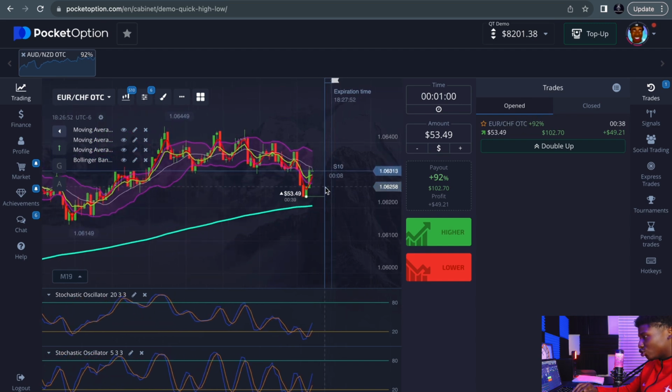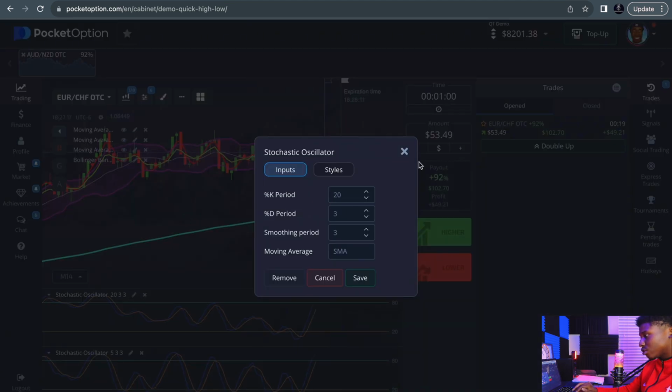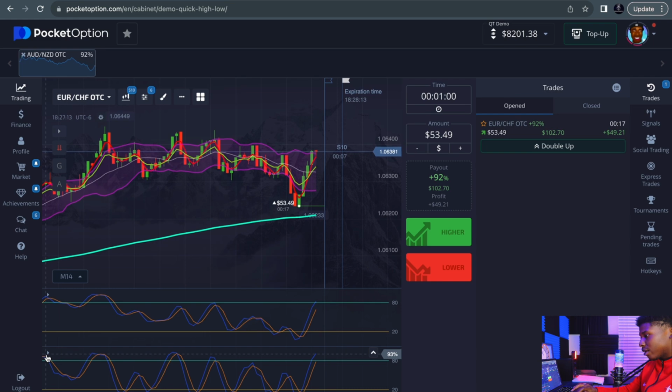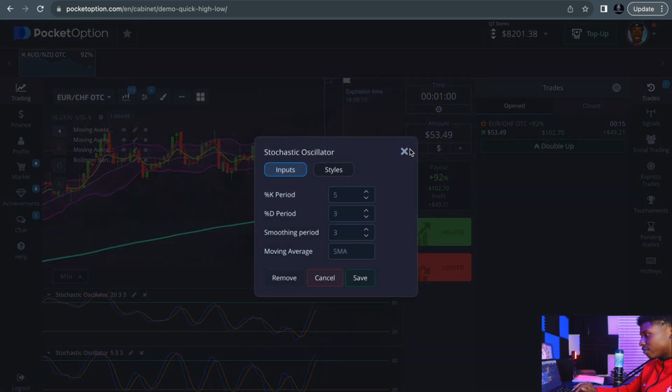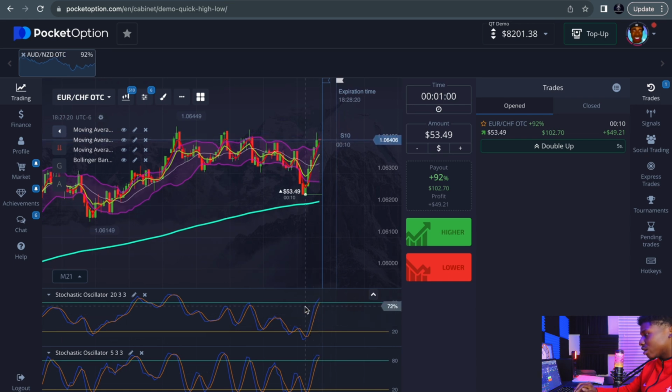And when it does just shoot up like this, sometimes you don't want to necessarily trade again. But as you can see, the stochastic, if it hits this green line on the 80 right here on the stochastic, on this 20, so I do have a 20, 3 and 3 stochastic, and then right here we have the 5, 3 and 3. So the 5, 3 and 3 is more of the immediate action. The 20, 3 and 3 is where the chart is trying to go. All right, so as you can see, now we're profitable right here,